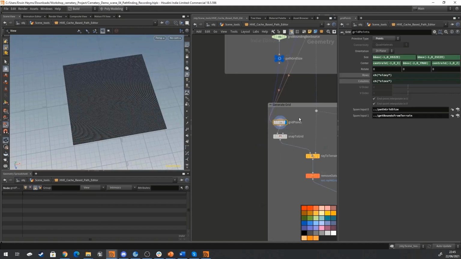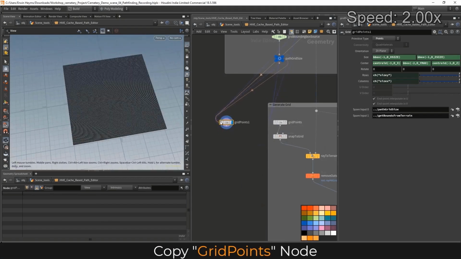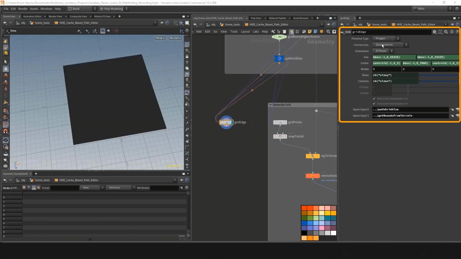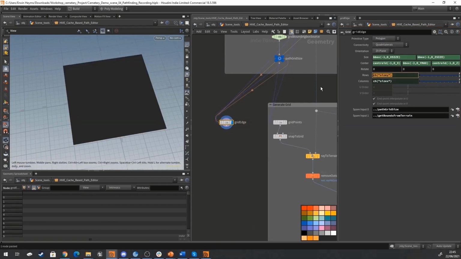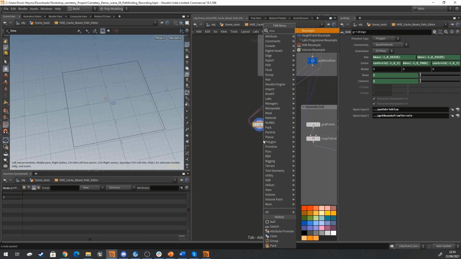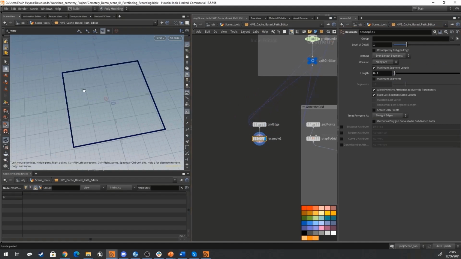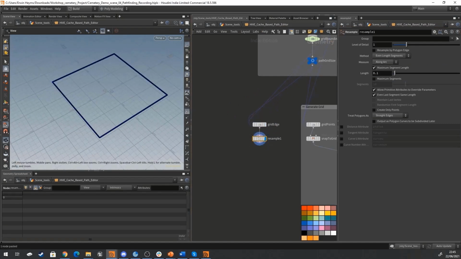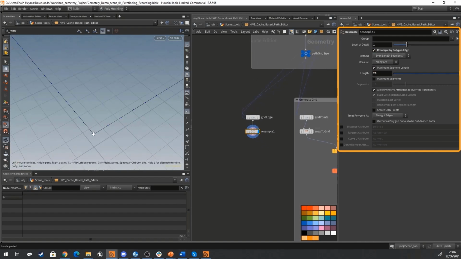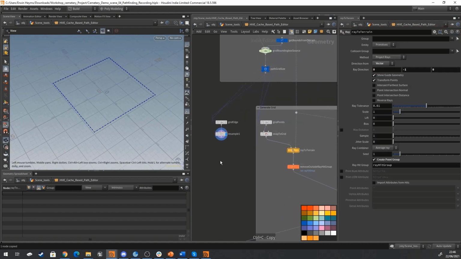And the last thing I want to do is just grab our grid points here. Let's copy this. I'm going to call this grid edge and turn it into a mesh, and then I'm going to remove all these subdivisions so we only have the edge. Then I'm going to resample this edge, so I have a lot of points on my edges. Let's say every 20 meters should be good. And then I'm going to resample it by the polygon edge, so we have a clean subdivision across the entire edge. If we then grab the ray node,